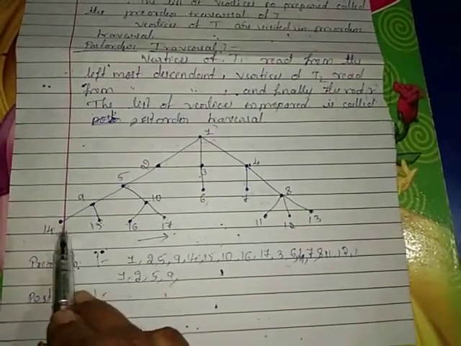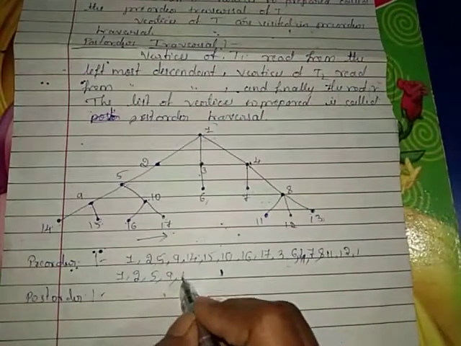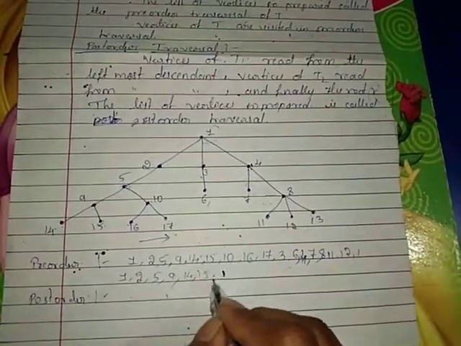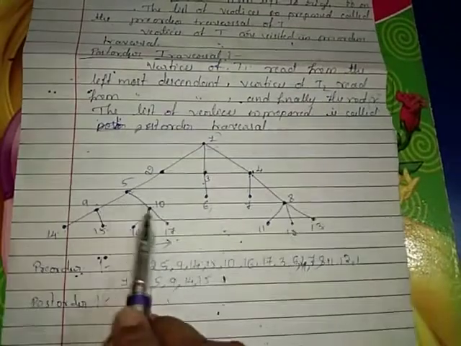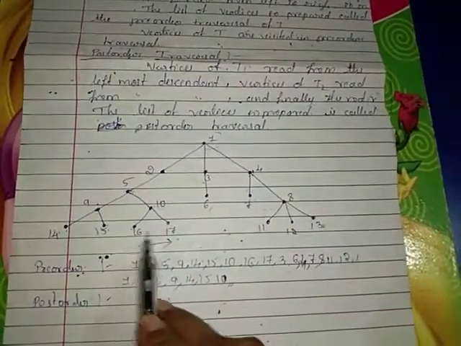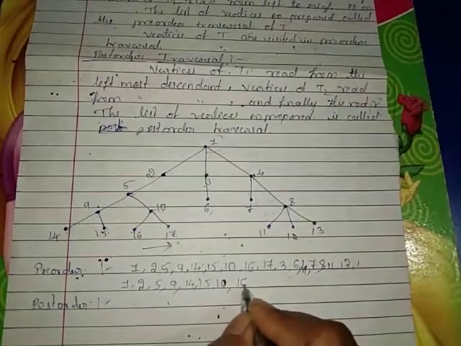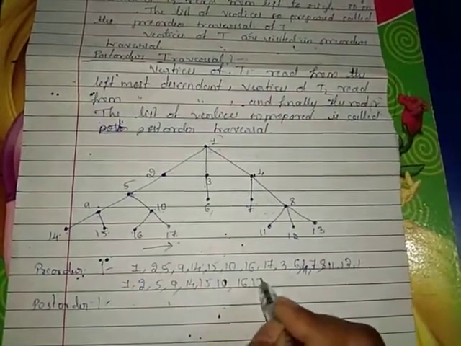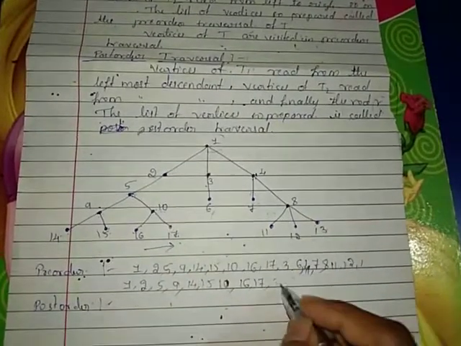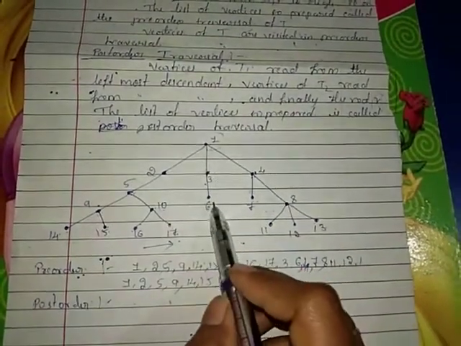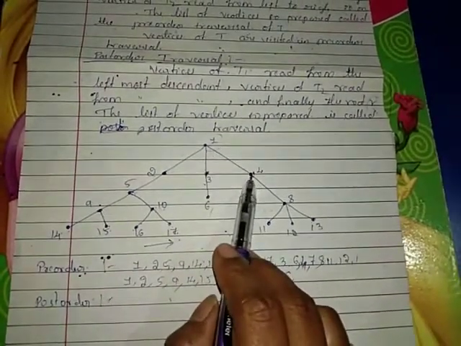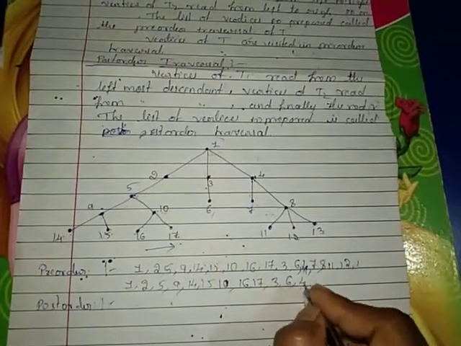Again 9 is divided into 2 subtrees, that is 14 on the left side. Now we move to the right side, so 15. 5 is divided into 2 parts, 9 and 10. The right side is 10. 10 is divided into 2 parts, left side is 16, and then take down the right side. Now 1 is divided with a second subtree, that is 3. 3 is divided into only 1 part, that is 6. Now 1 is divided into the last right side, that is 4.